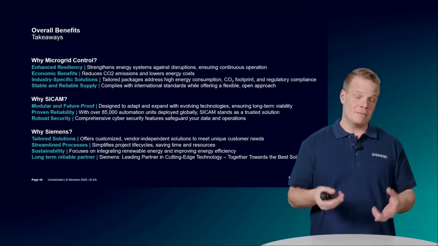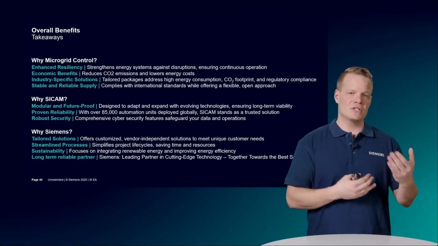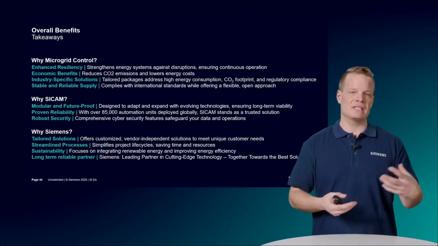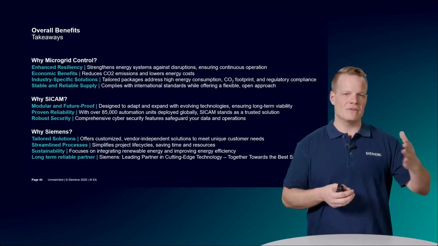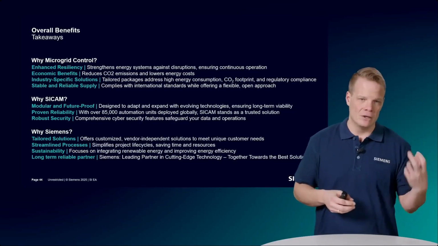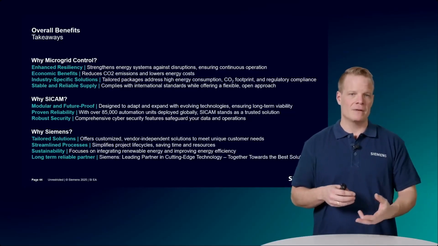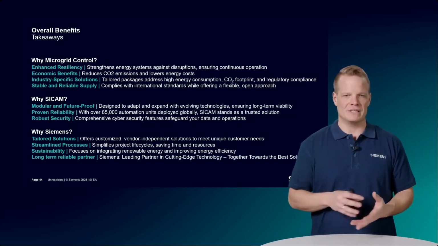Then economic benefits. With the integration of renewables, we can, for example, lower fuel consumption, or lower the consumption from the outside grid. So we can lower your energy bill, but also your CO2 footprint. We have